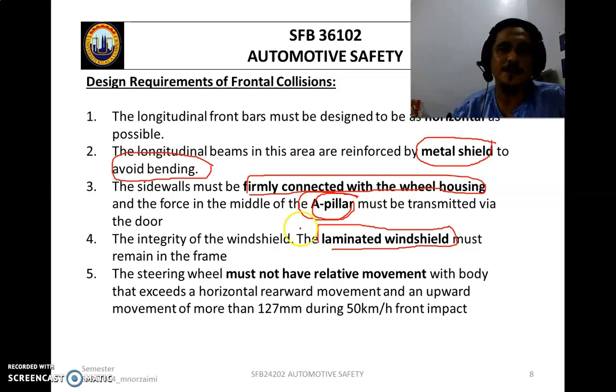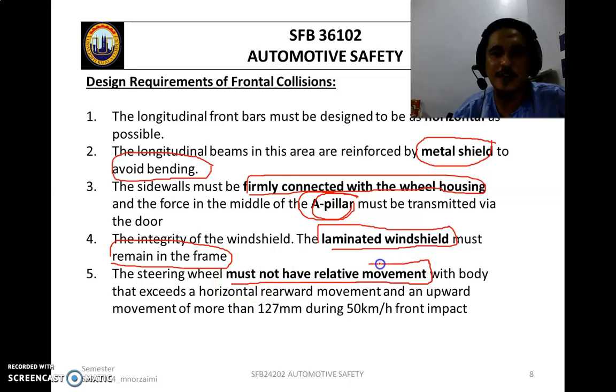Okay, so to make sure the windshield remains in the frame, the steering must not have a relative movement with the body. Otherwise, we cannot control our vehicle during a frontal collision. Okay, so